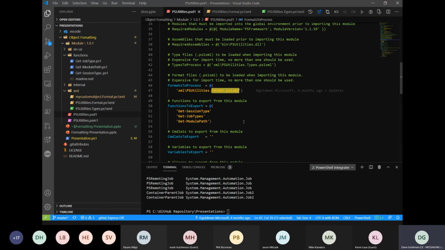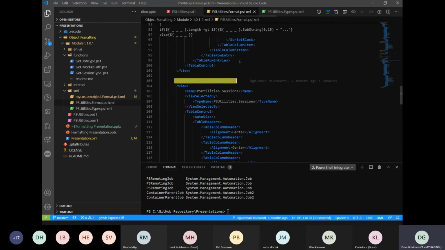Now, one thing to note: if you're doing custom programming and you have a module and you make changes to your format file, and you're not working in VS Code where you can just hit the garbage can and wipe out your session and start a new one, but you're doing your testing in PowerShell, you're going to have to save your file and re-import that module again with the force parameter to make sure that your view works.